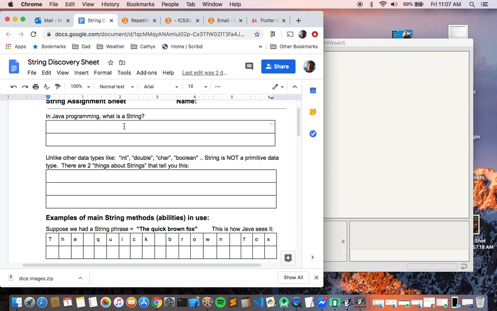So I will answer my own question here. A string is a variable, right? But it's different than other variables we've worked with in the past. That's why it deserves its own section, I guess. It's a small little topic unit on strings. So it's a variable that holds words,